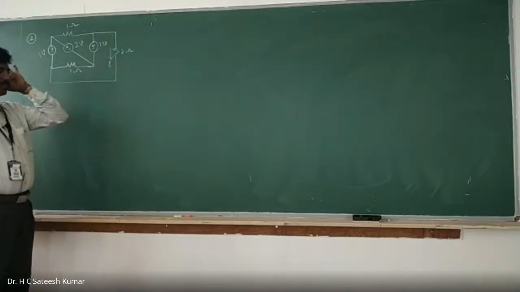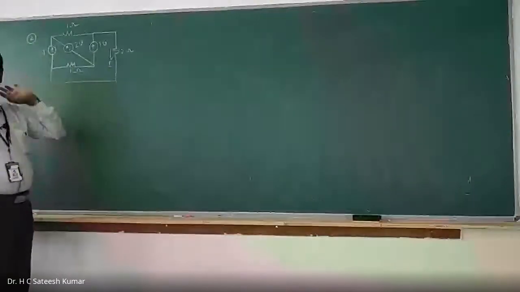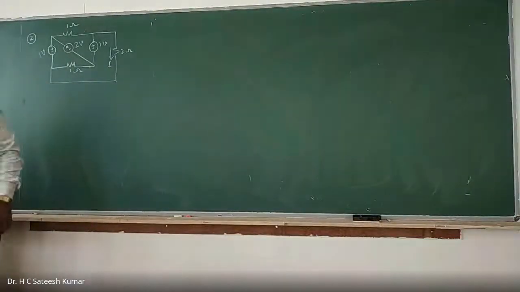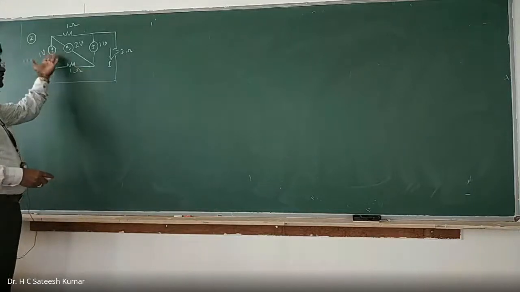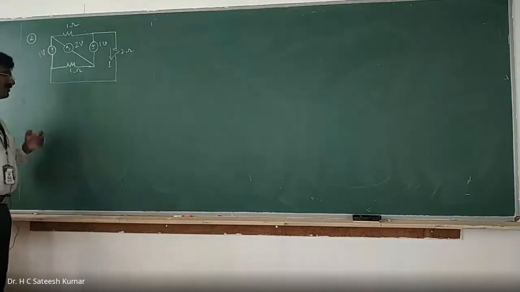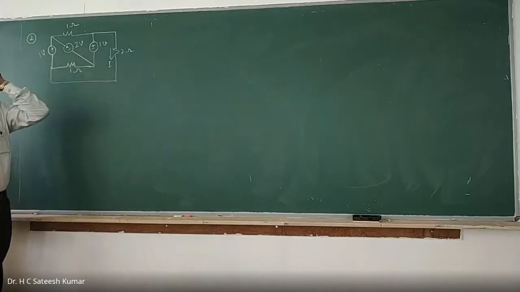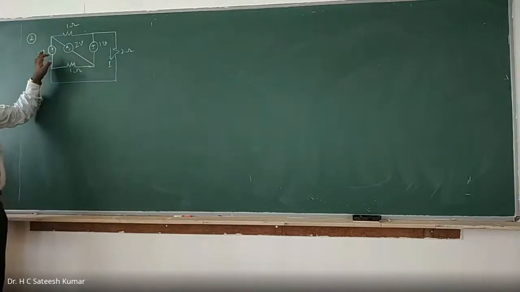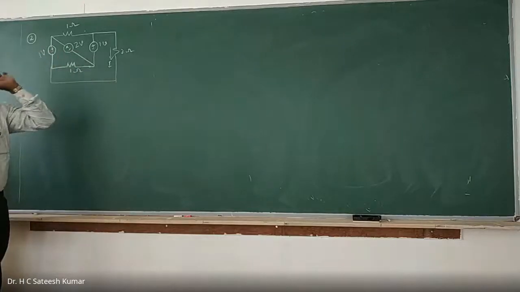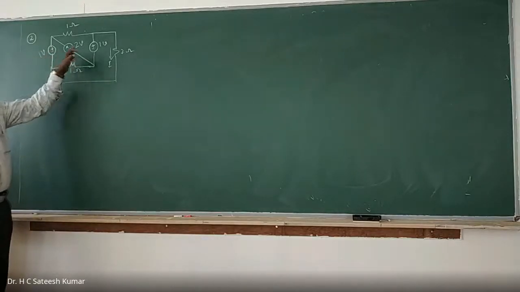We will use the superposition theorem. There is very little calculation because the number of resistors is limited, but there are more sources. The response in this element due to a number of sources acting simultaneously is equal to the sum of the responses when they are acting individually. That means when this is acting, you make this 0.